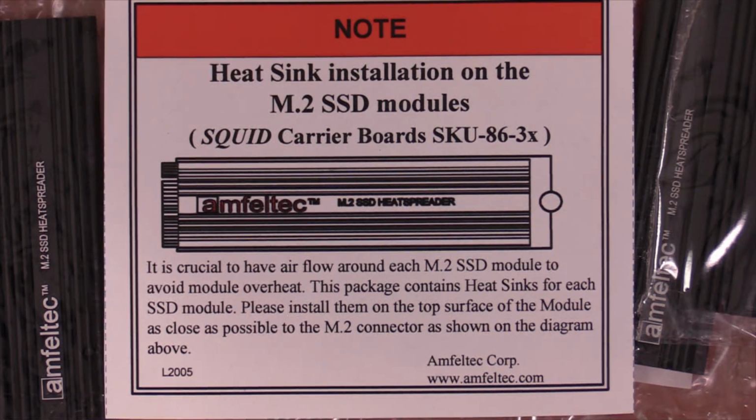Note, heatsink installation on the M.2 NVMe SSD modules for the Squid carrier boards with the SKU, part number. It's crucial to have airflow around each M.2 NVMe SSD module to avoid module overheat. This package contains heat sinks for each SSD module. Please install them on the top surface of the module as close as possible to the M.2 connector as shown